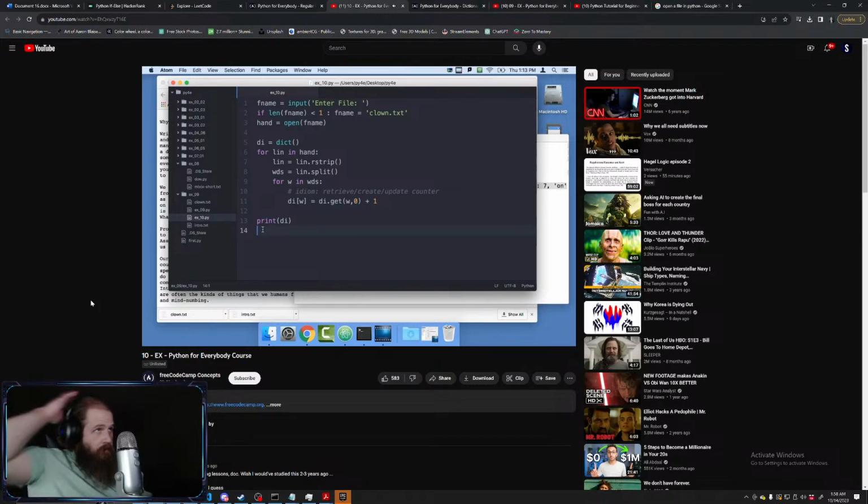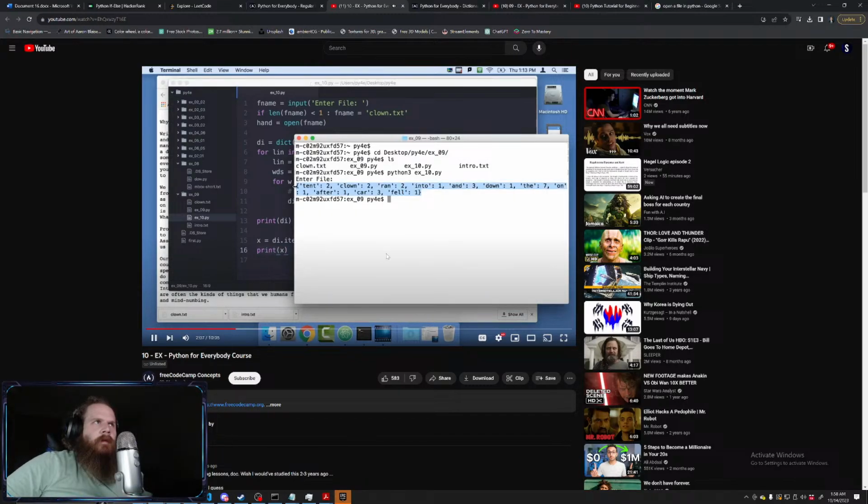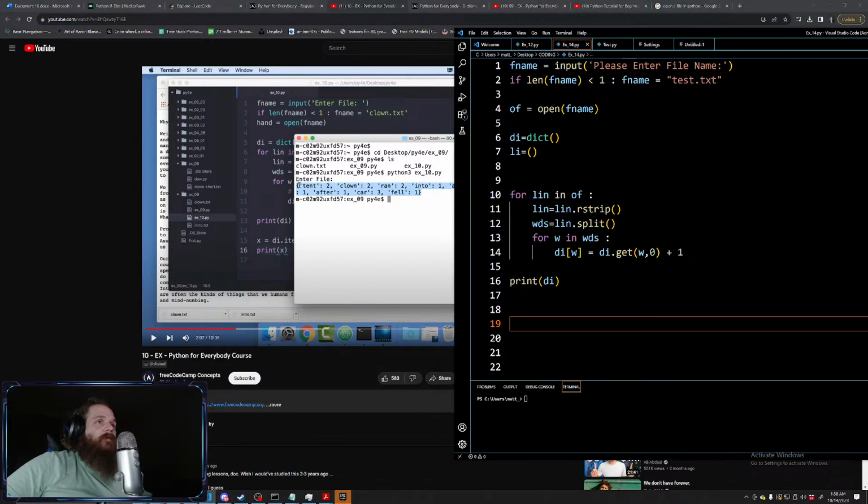Okay, so let's first do a few things. If I say x is equal to the dictionary dot items, this gives us basically a list. Print x. This gives us a list of the key value pairs. This prints out. Okay, that's not what I was thinking, but